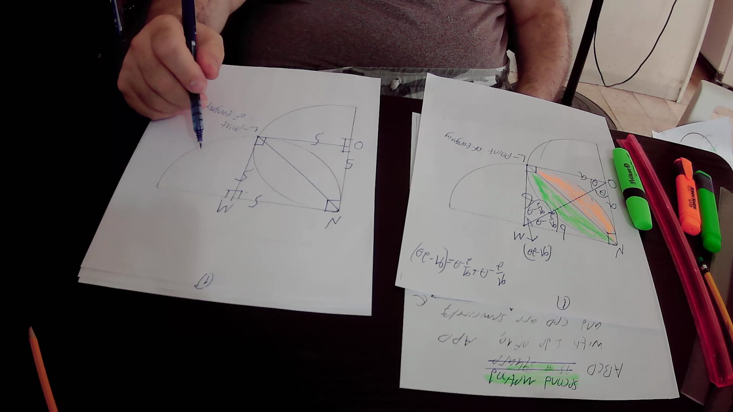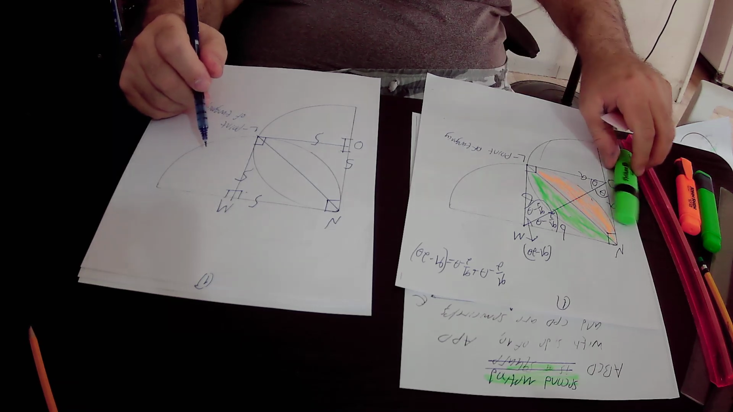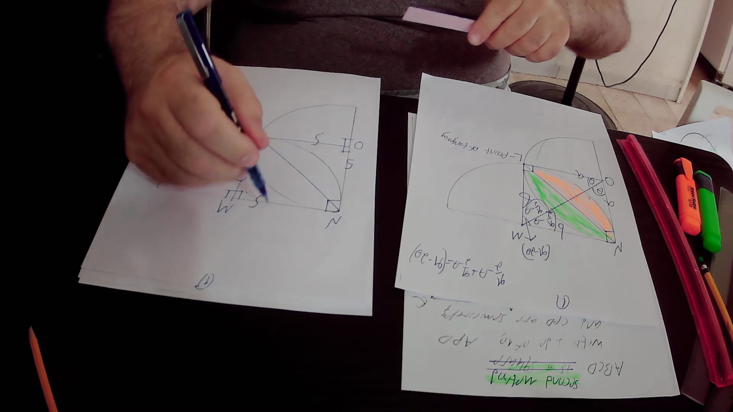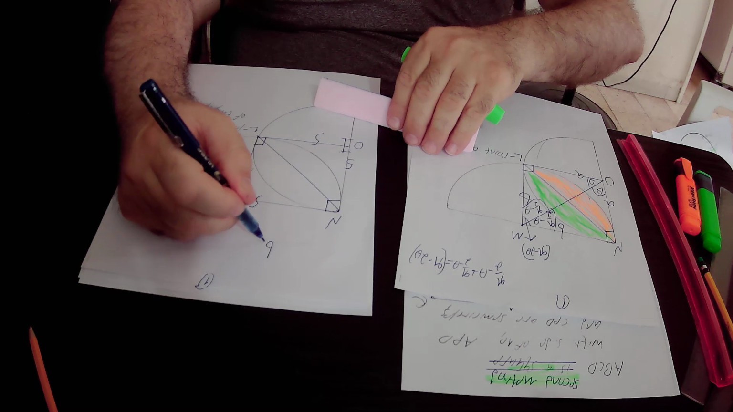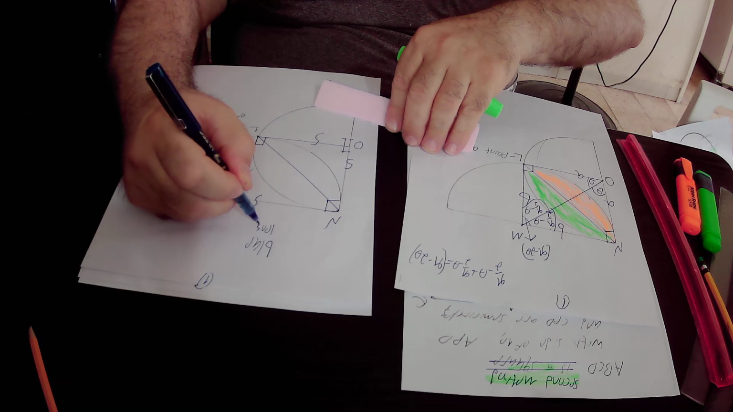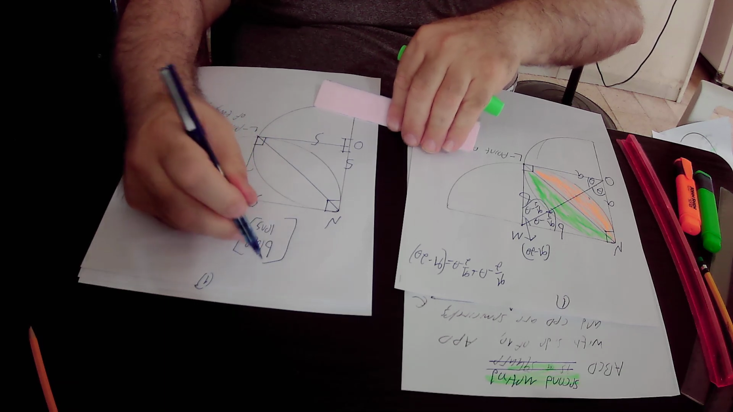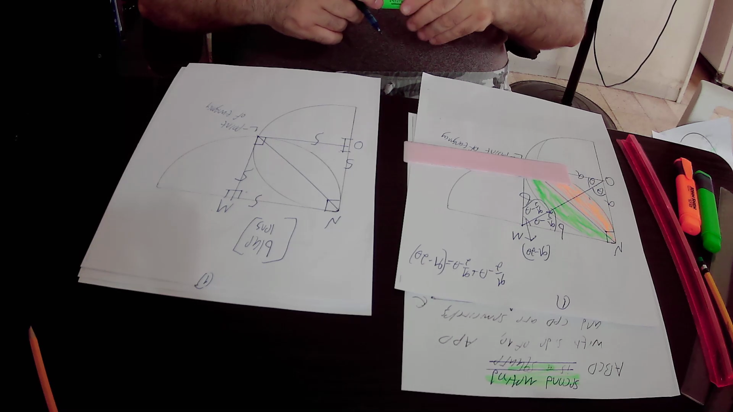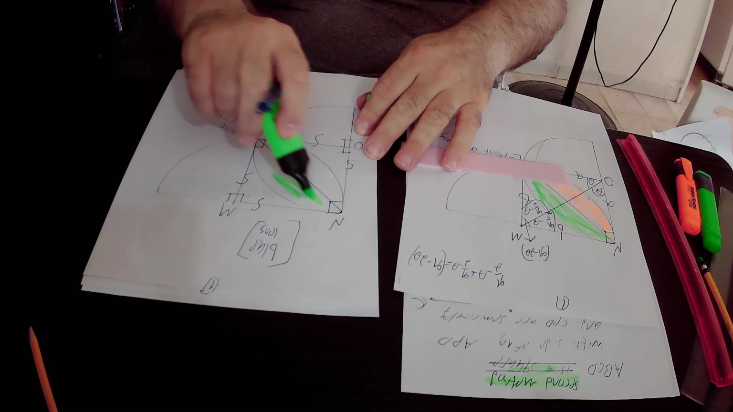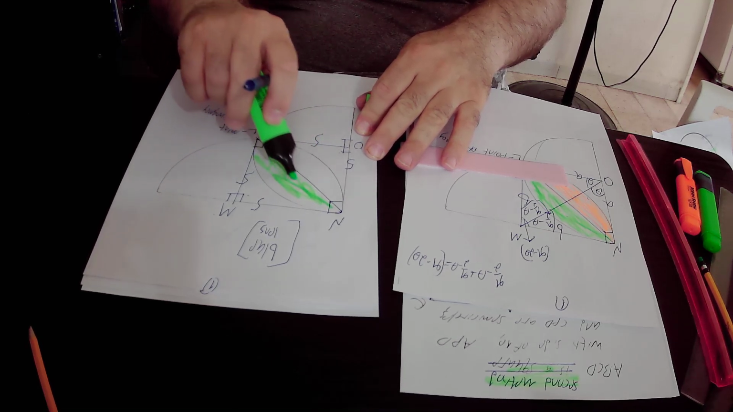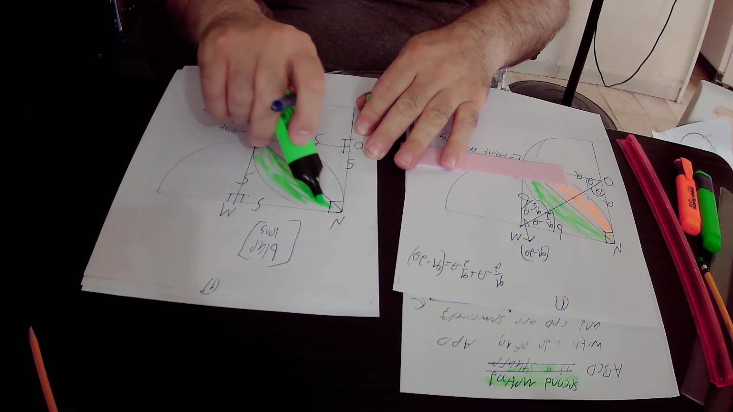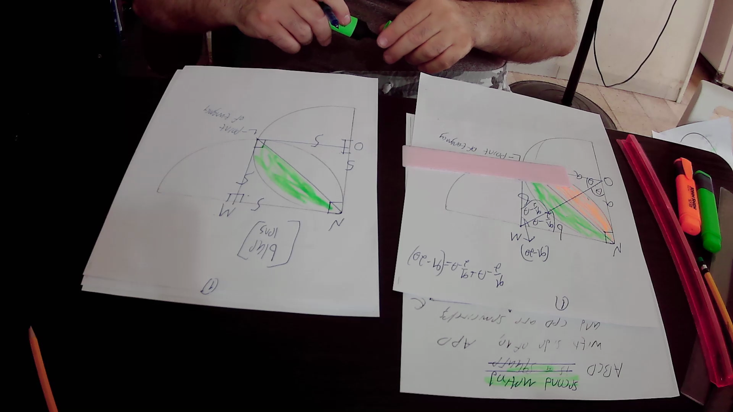So here, our mission is to find out the area of the blue lens. This is the blue lens, and you want to find out its area. Okay? So here we find out the area of this circular segment, the area,